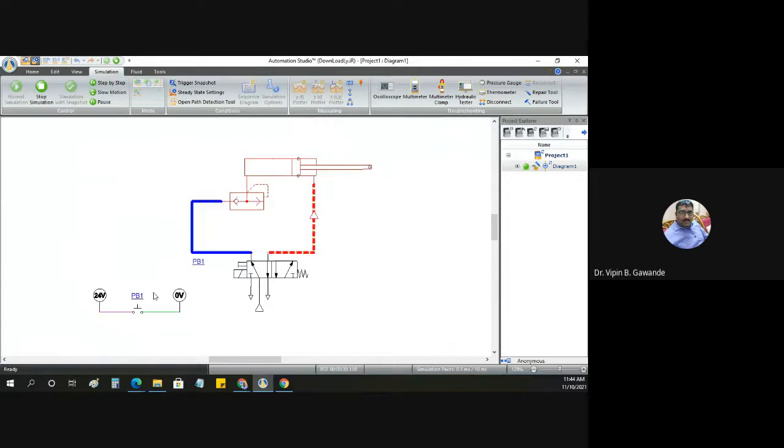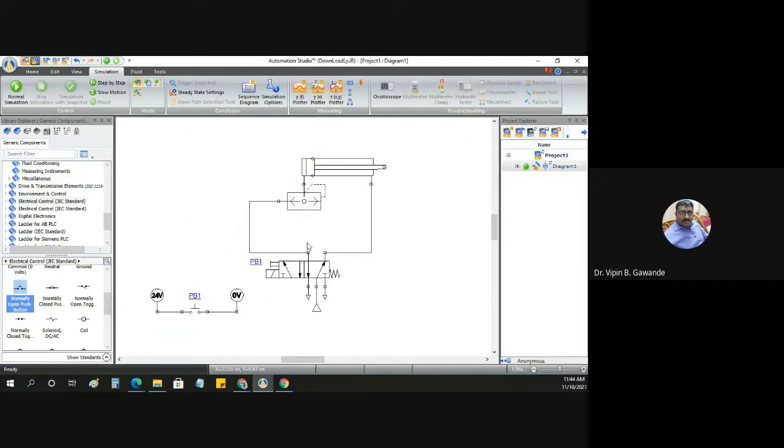So this is your second circuit. This is the simple circuit. What we have done is we have taken the double acting cylinder from the pneumatic part. We have taken the exhaust valve, and then we have taken the directional control valve. We have attached here two exhausts, one pressure source, and then we have connected it with the electrical circuit also. So this becomes your second circuit.